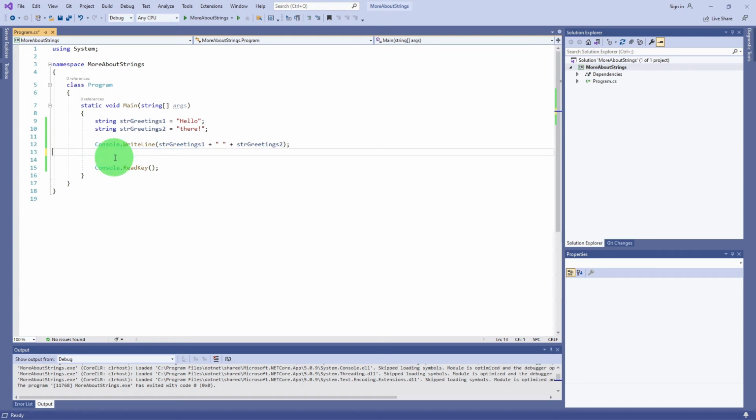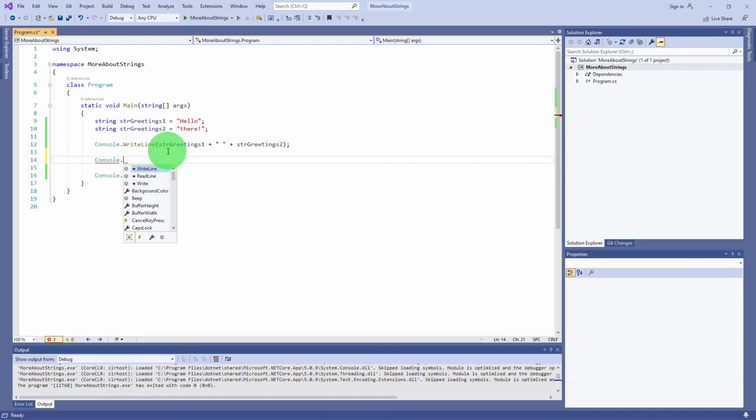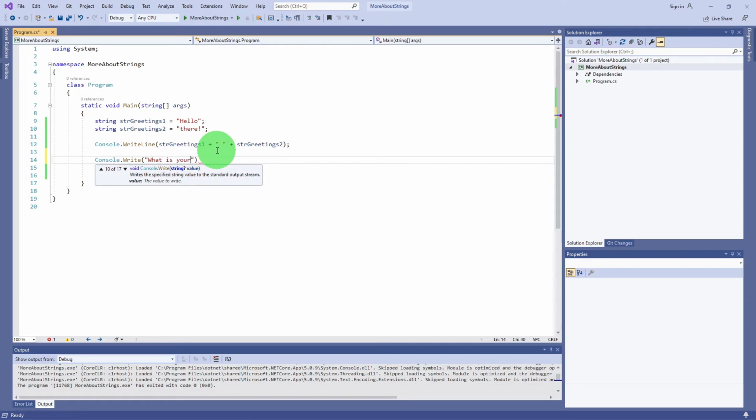Just wanted to show you something specific. Let's now write something on the console, but this time I want to use the Write method instead of WriteLine. I will explain what it is. So if I say "What is your name?" with a space and then a semicolon to end the statement,